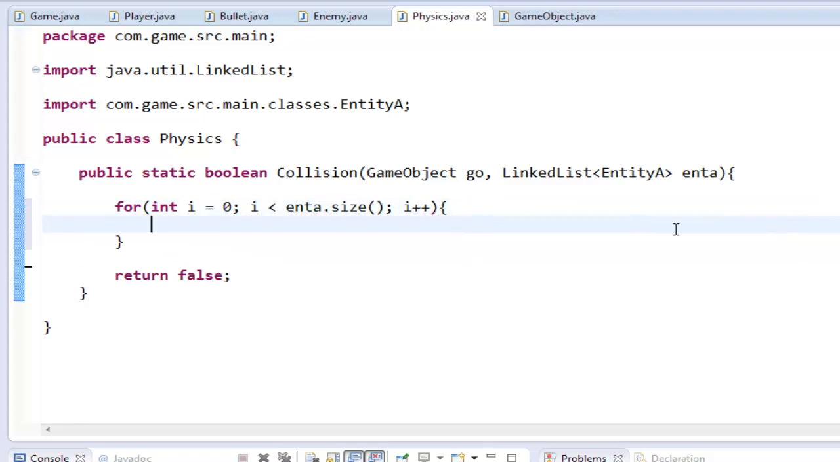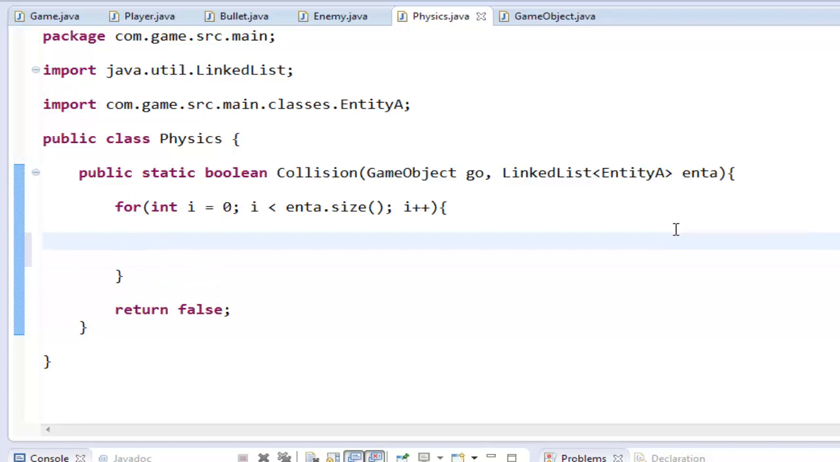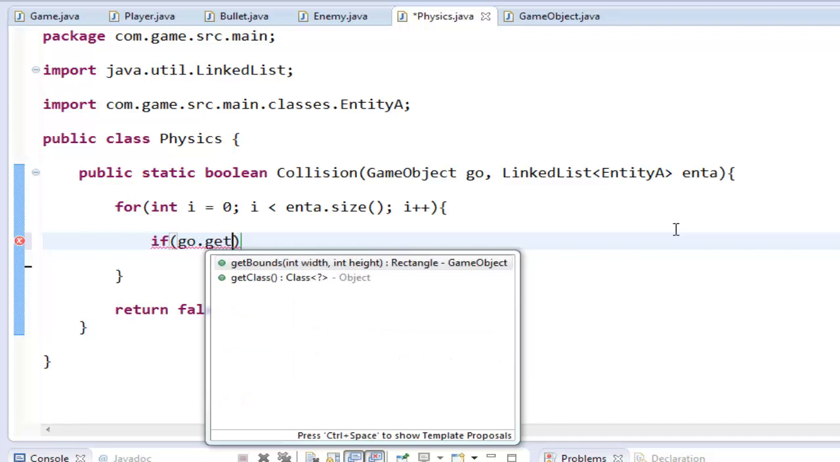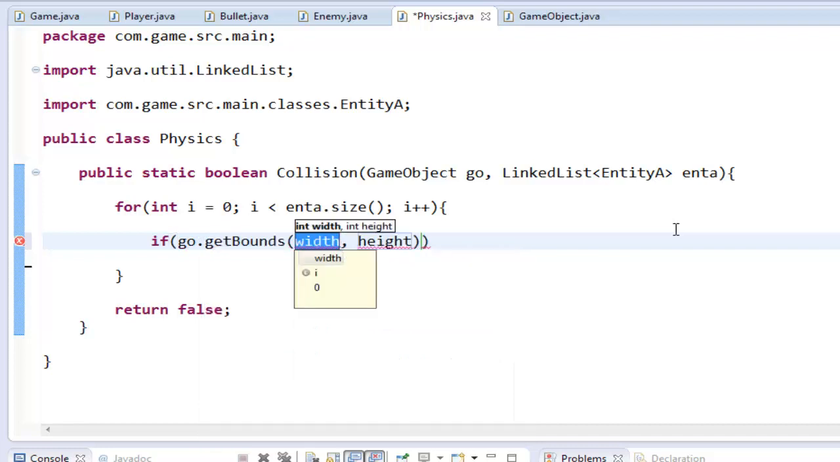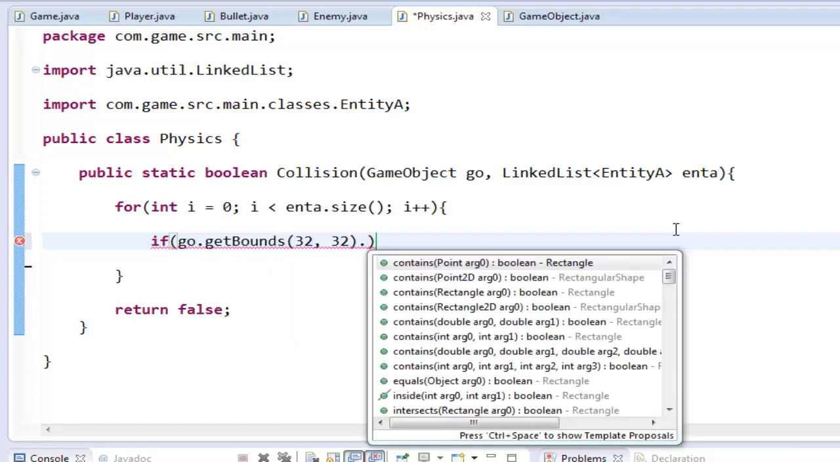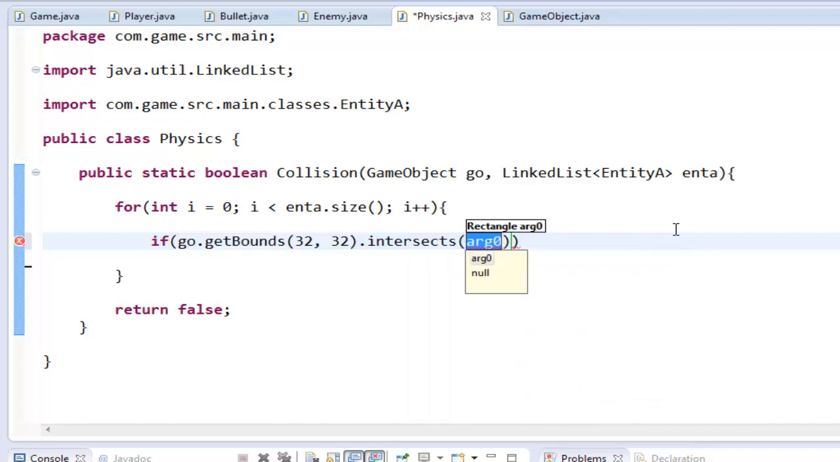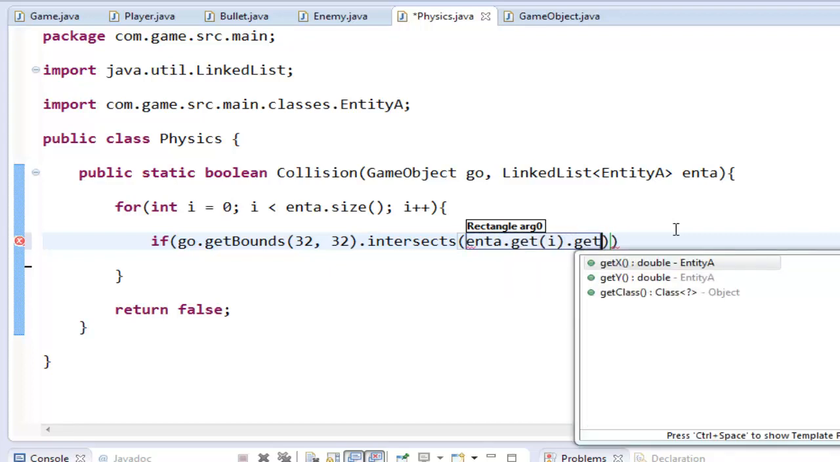There we go. So now this is going to loop through all of the A class, and now what we're going to say is if go.getBounds with height, okay, so we'll just say 32, 32 dot intersects, this is the intersects method, and that's going to be ent A dot get i dot get bounds,